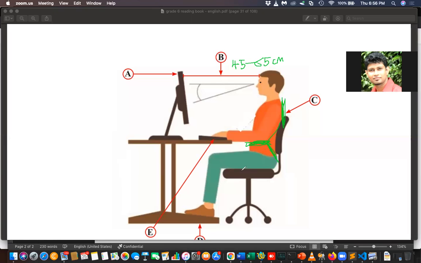And also, if your height is not enough to touch the floor, please don't use books. Use some kind of supportive bench. Because if you cannot touch the floor, it's okay. Maybe